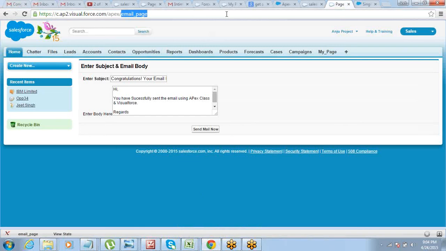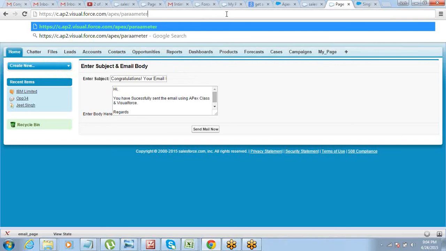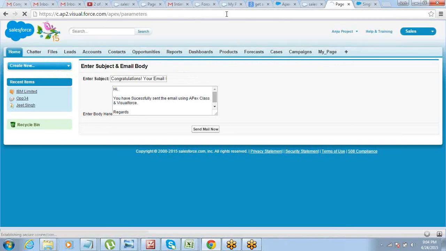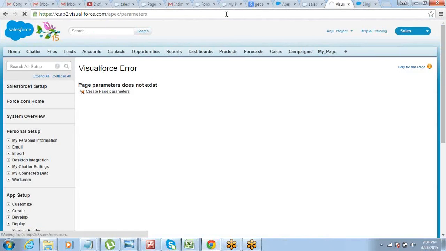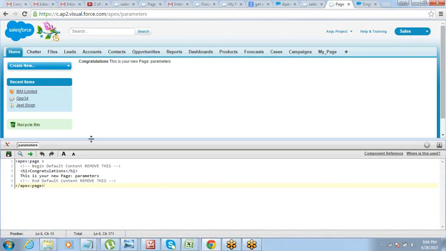The moment I start creating the page, you might understand a little more. Parameters page. Okay, so first of all, I'm just going to create a simple standard list controller page. Let's say for account. So let's just create a simple page for account, the standard list controller page, okay, which has nothing complex, which we all know how to create.